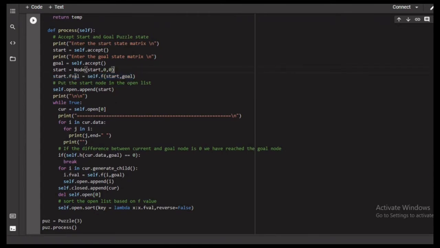So here now we are done with the initialization of the f value of start. Then here comes into the picture the open list. Here we are appending the start root, that is the root node, in the open list. Then while true, we are performing this particular action.